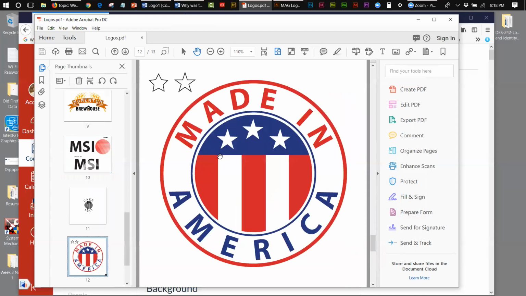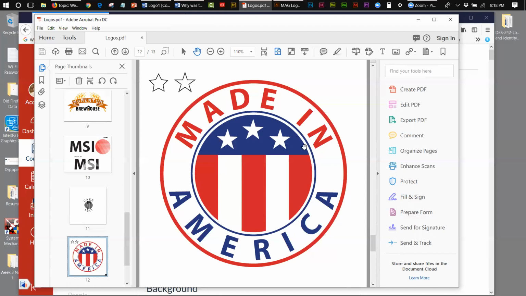And it's the same with this one here. I rendered stars, and when you make your star, that's what the star looks like. When you hold down the Option key or the Alt key, I believe it is, you get the flag star. Did you know that? I didn't. Yeah, this is the regular star. That's what the regular star looks like. But if you make your star holding down the Option or Alt key, it creates this nice flag star. So I created the flag stars, made in America, and then I just did the banner,